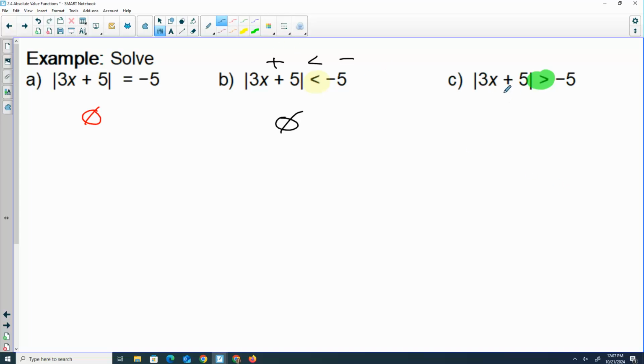Absolute value is what kind of number? Positive. When is a positive number bigger than a negative number? Always. All real numbers, negative infinity to positive infinity. So if you have a negative, you really don't have to solve it, you just have to think about it. If it's a less than or an equal to, it's